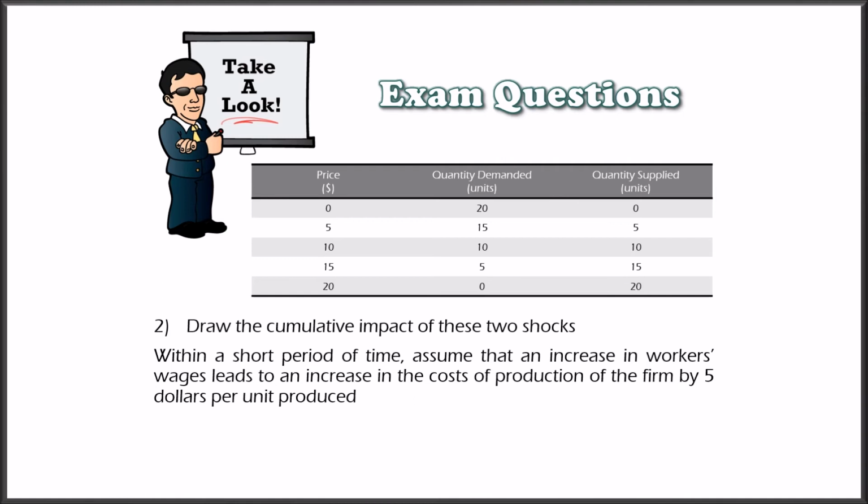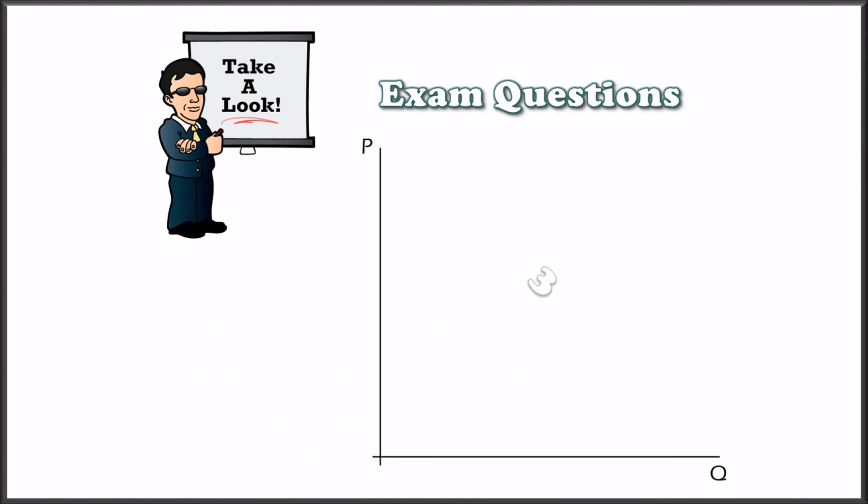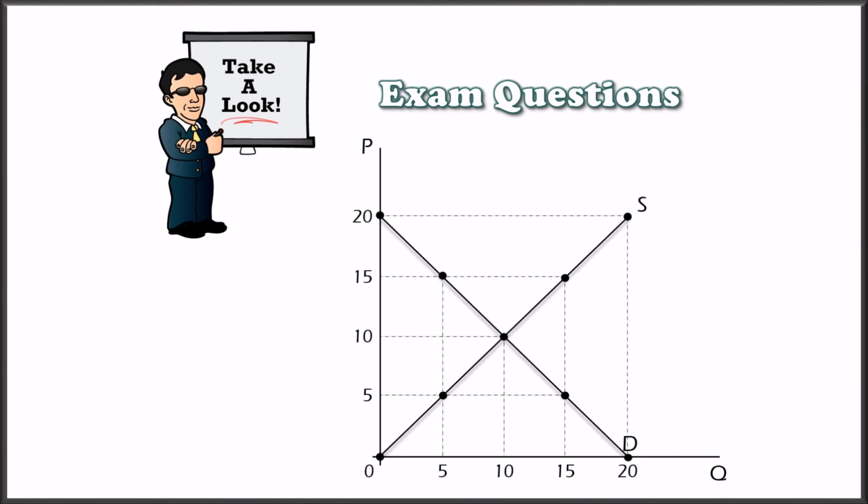Within a short period of time, assume that an increase in workers' wages leads to an increase in the costs of production of the firm by $5 per unit produced. Draw the cumulative impact of these three shocks. Did the price and quantity of equilibrium increase or decrease? You can pause the video now. The answers are the following: